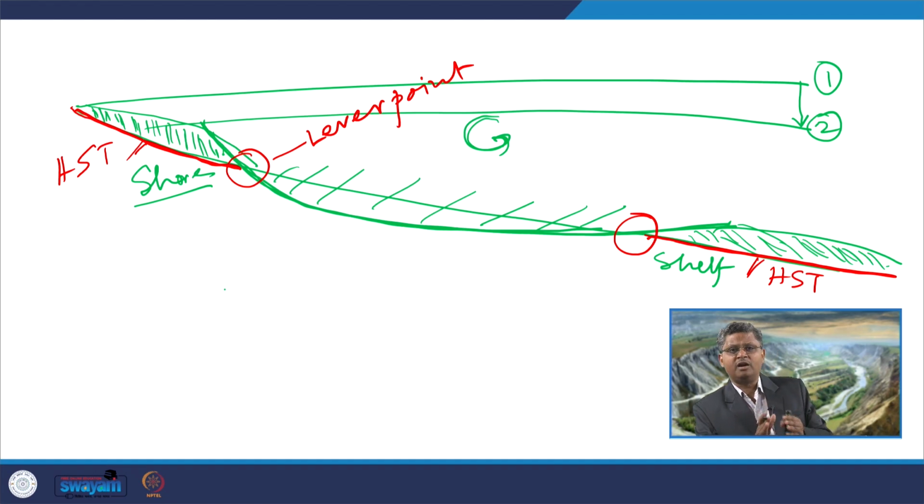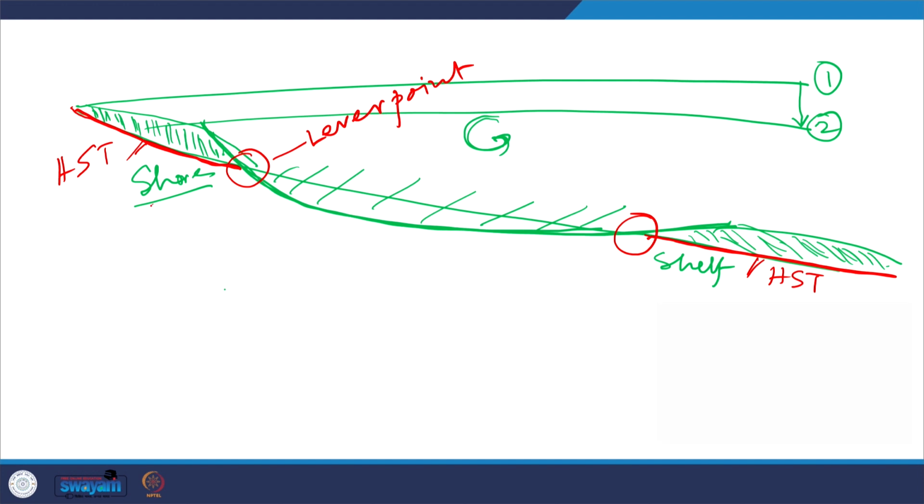So, BSFR very rarely we can get in a continuous fashion. We can get BSFR in this kind of patches, one in the shelf area, one in the marginal marine part where original shoreface deposit may be overlain by foreshore deposits. So, when BSFR is preserved either within the shoreface area or within the shelf successions, it poses the same recognition problem as we discussed in case of correlative conformity.